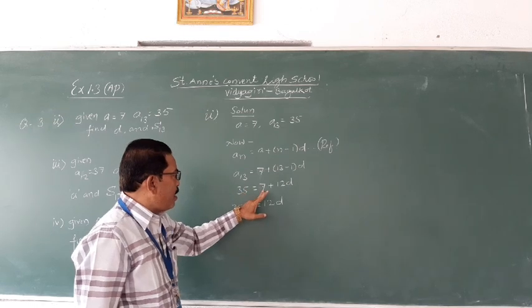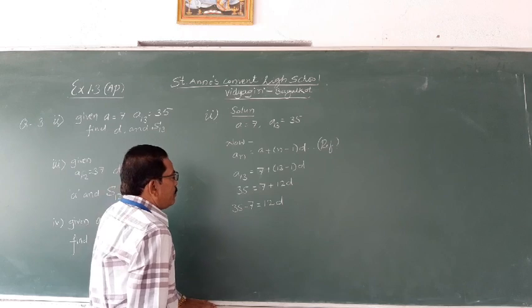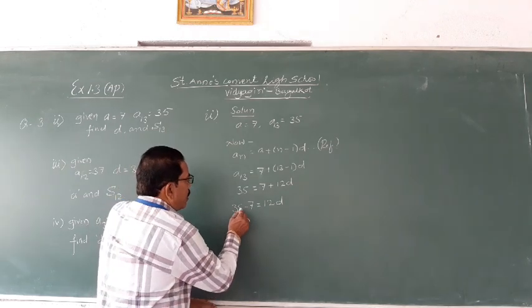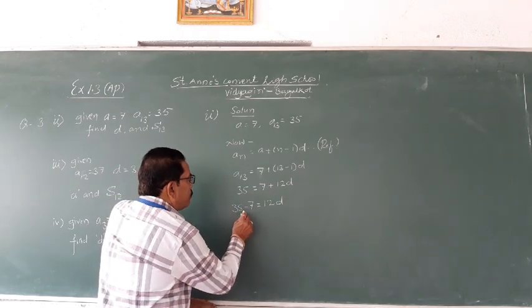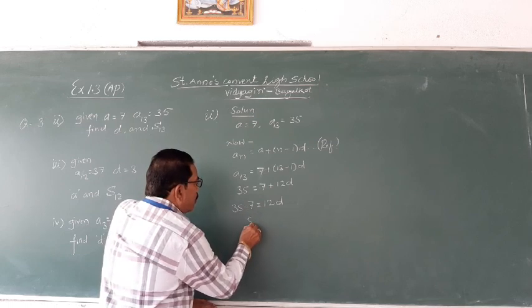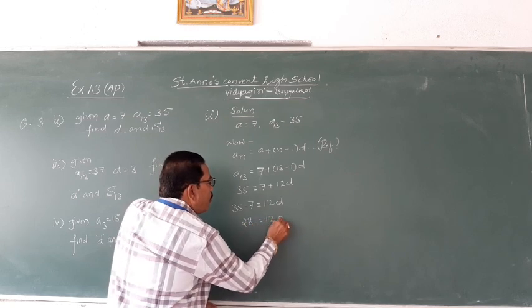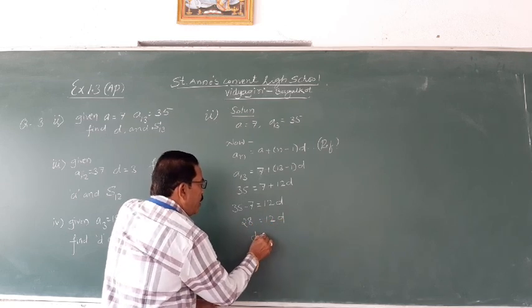So 35 minus 7 equals 12d. 35 minus 7, that is 28 equals 12d. Therefore, d equals